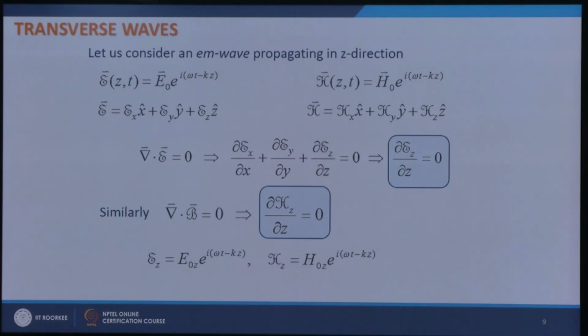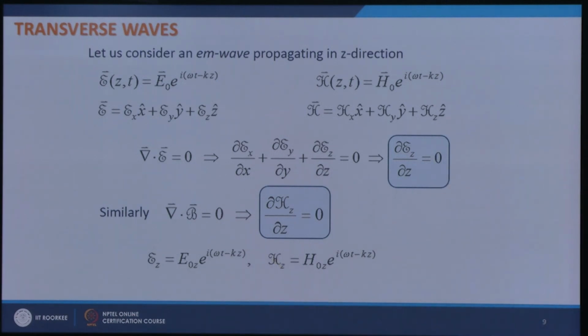Let me first look at the first possibility, that Ez is constant. If Ez is constant, which means this whole thing is constant, E0z itself is a constant. So, which means that this term has to be a constant. If this term is a constant, then there is no wave, because then even the x and y components will become constant, they will not vary with z and t. So, there is no wave solution, which means that I cannot put e to the power i(ωt − kz) as constant. So, in order to satisfy this equation, the only possibility is E0z is 0,